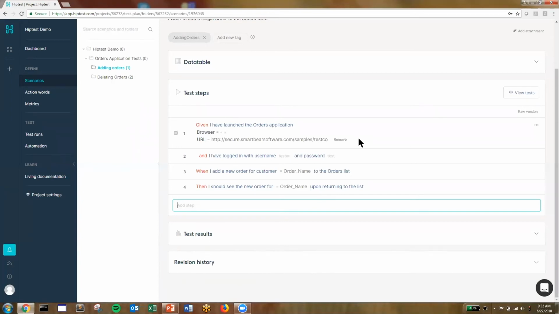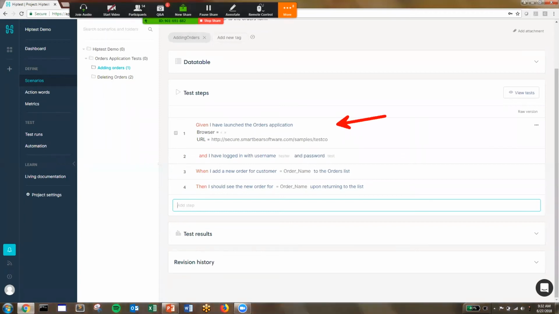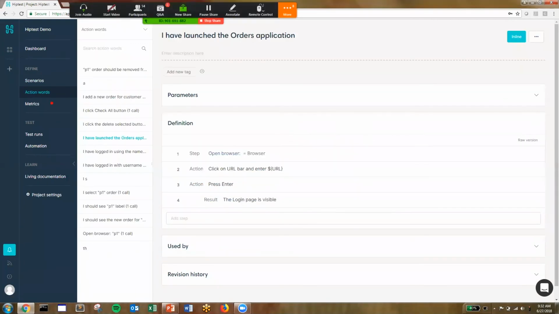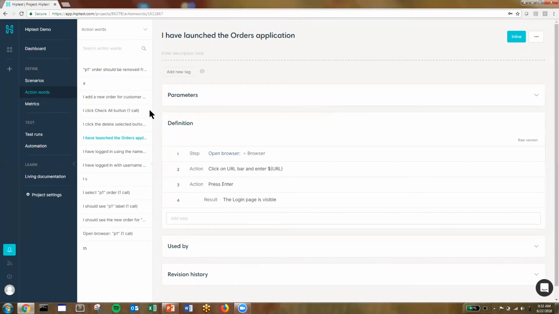We're using a language. The tool helps, but the tool does not actually get you as far as you need to go. You need to actually decide this common language. That being said, when you do decide that common language, it's easy to take advantage of that in a tool like this, even at the step level. So we have 4 steps in a scenario. These steps can further be defined in this little section here called action words. There's no right or wrong way in where you want to start.